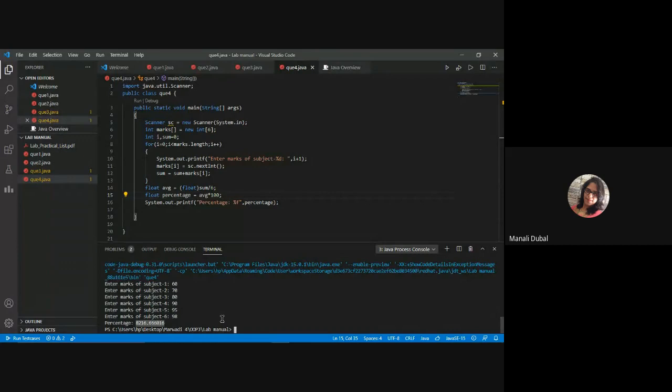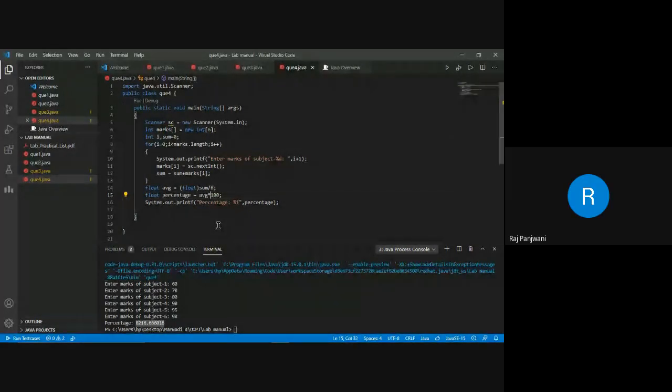Wouldn't your average be the percentage here? Percentage comes from multiplying by 100, right? Okay, Panjwani, if I am telling you that you scored 100 in all these 6 subjects, then what is your percentage? 100%. How did you get that? Because you divided 600 by 6, right?